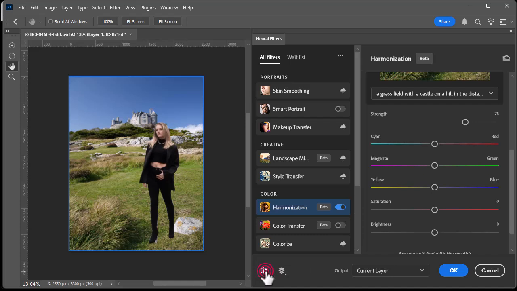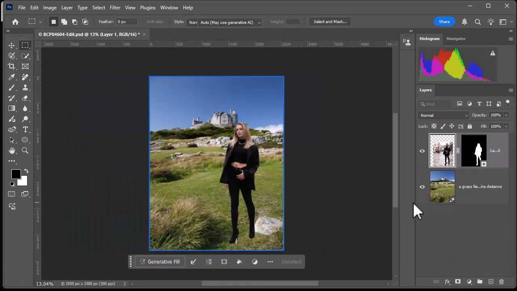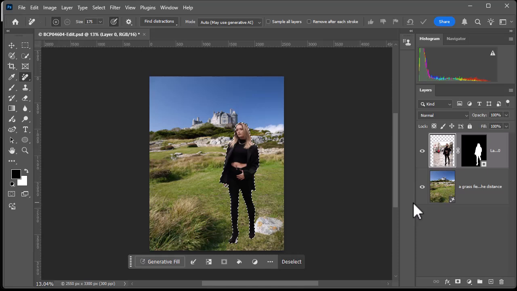Fairly subtle change. You can, if you want, increase or reduce the strength of that change. You can press this little button here and flick between the two. I'll leave it as a fairly subtle change, and I'll just choose OK. Press Ctrl D to get rid of the flashing ants, and there we have the image